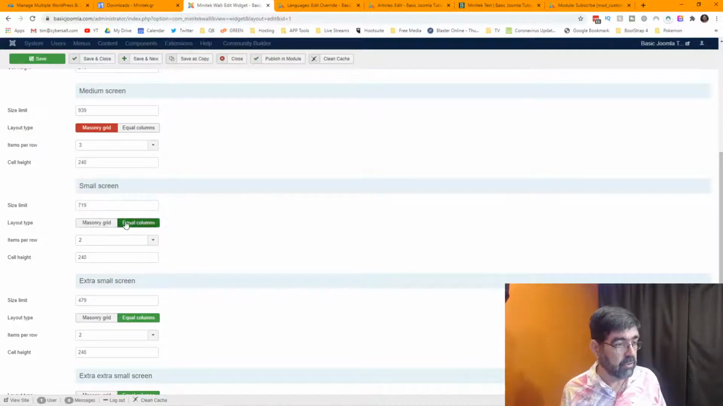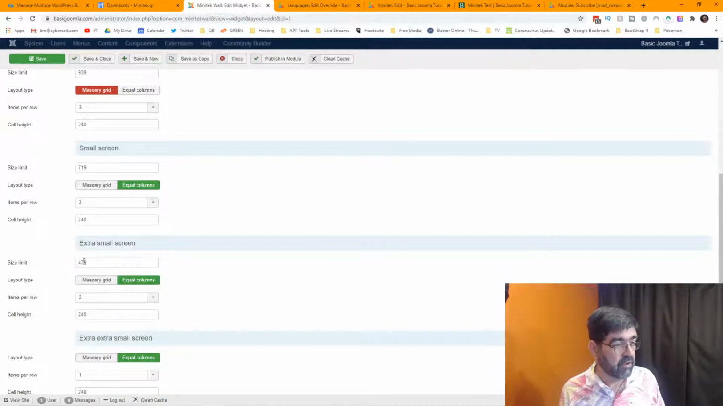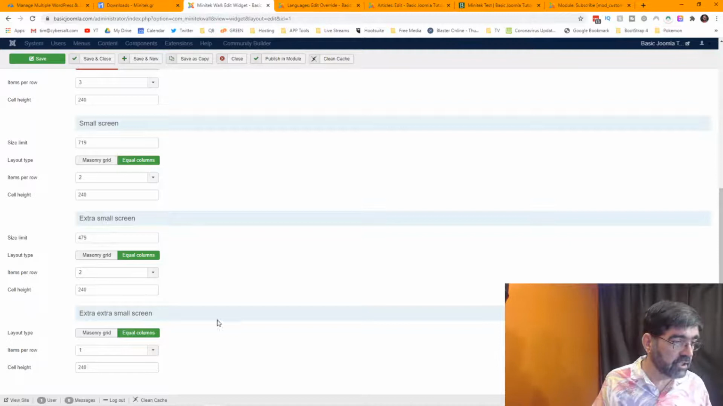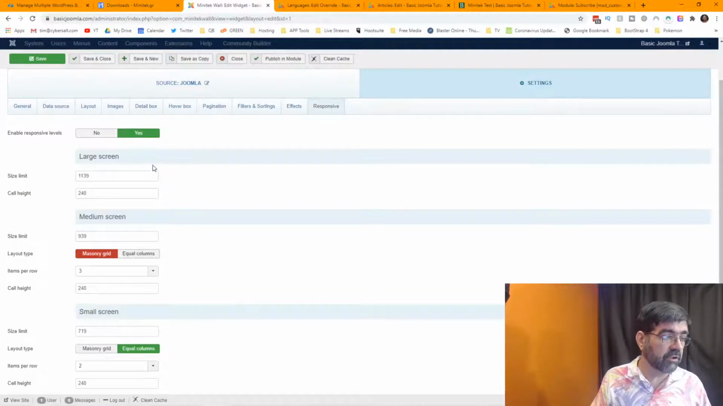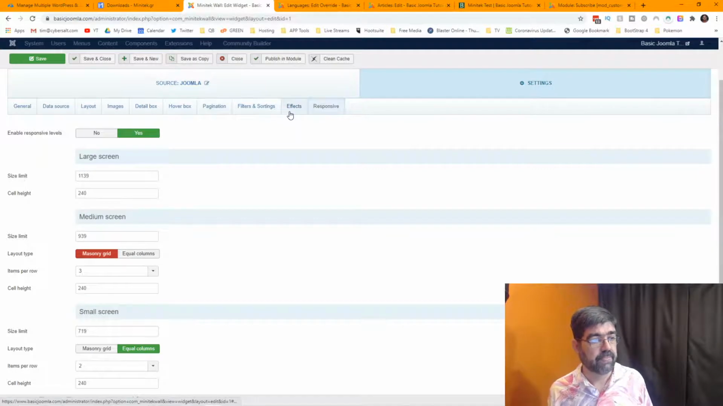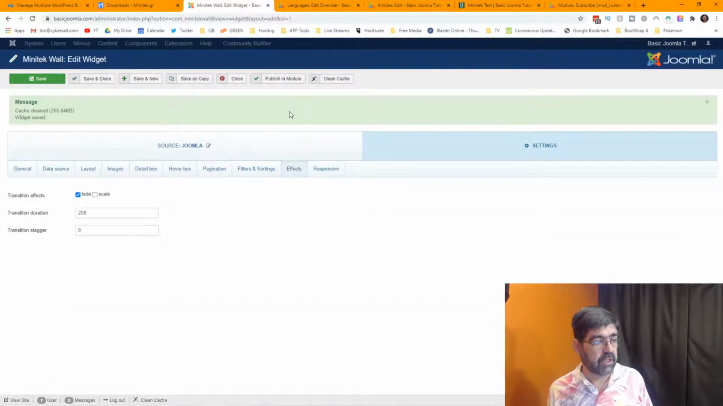Then you would go equal columns, 479, and then down here, extra small screen, you go equal. So you can actually do some adjusting for what's used on different mobile devices. Cool. All right, well,